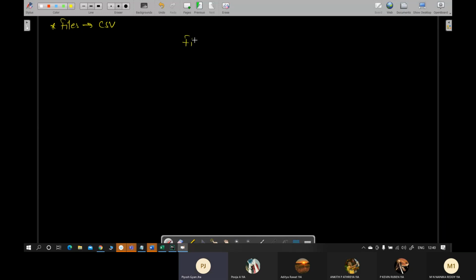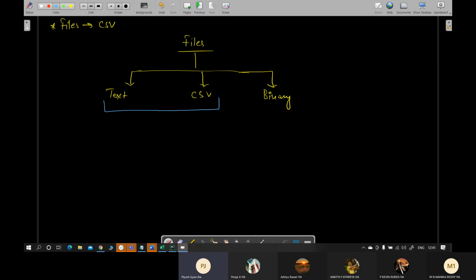So we have seen that we have to study three different types of files. One is text files, CSV files, and binary files. Of these, two are text files only.